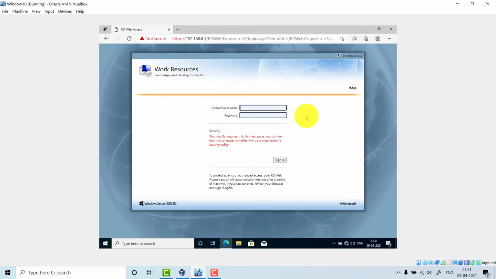Give the domain name, and you know the domain name is in dot, you can give only in, capital in, /name of the user. So the name of the user is Shaiju, and the password. You have to give the name of the user using which you want to access this application. Let me check. Okay, fine.